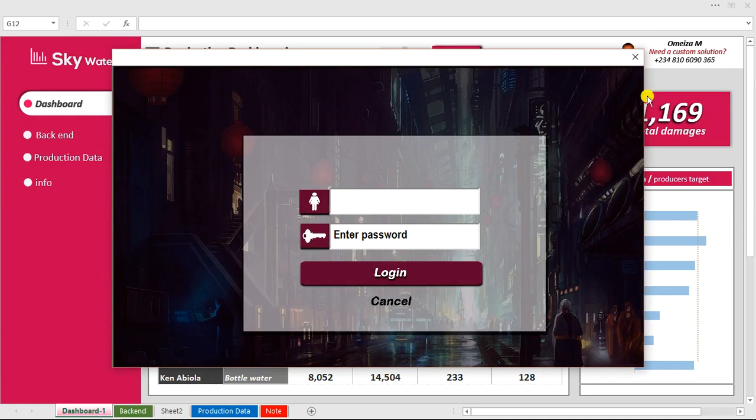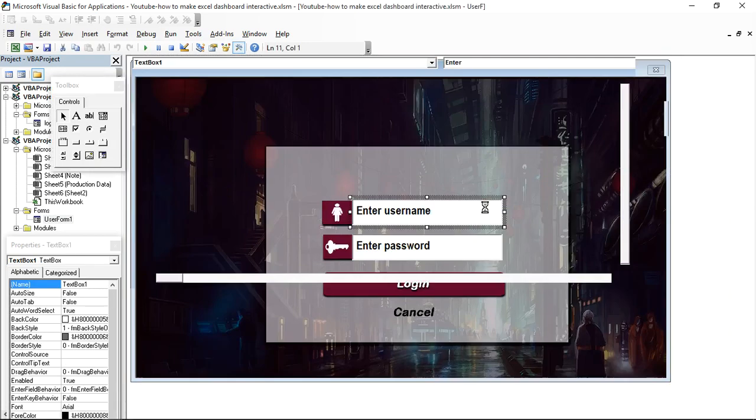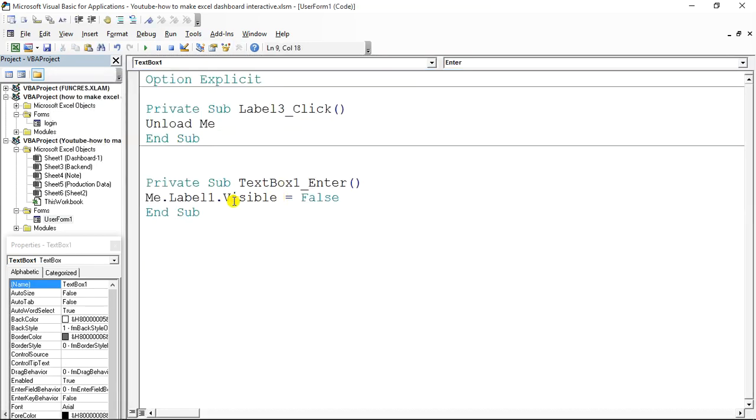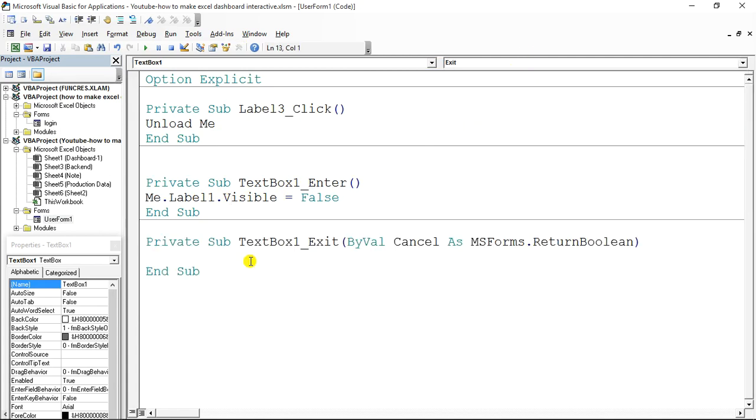So what I'm gonna do right now is write in that code to make that very active. I'm just gonna click back right here. We're gonna leave our cursor inside this particular aspect and go up to the top level right here and say on exit. What I'm going to do right now is use an if condition. I'm going to say if me dot text box 1 dot value